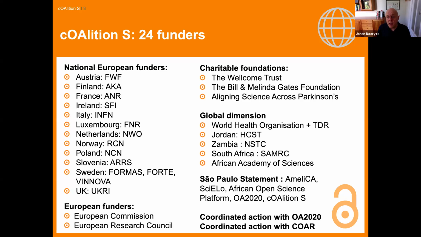We, of course, are very willing to accept new members, new funders, not only funders, by the way. There's often the conception that Coalition S is just about research funding organizations, but in fact, we also accept research performing organizations as members. Anyone who is willing to implement our 10 principles in the next few years is welcome to join the effort.